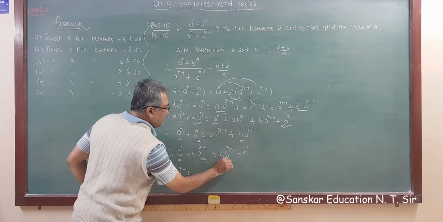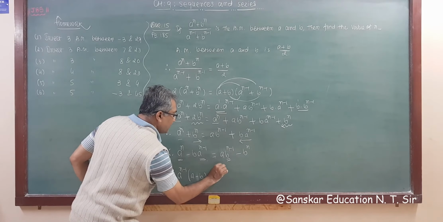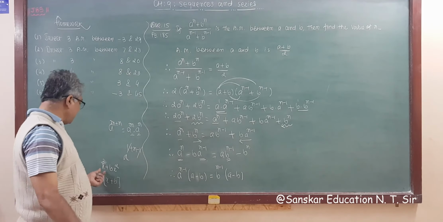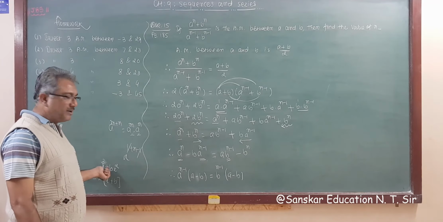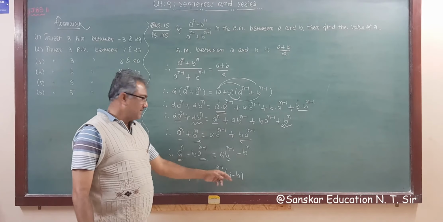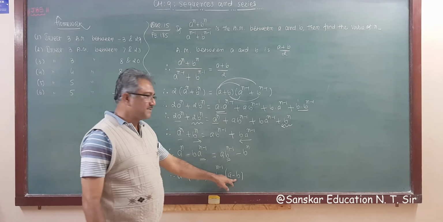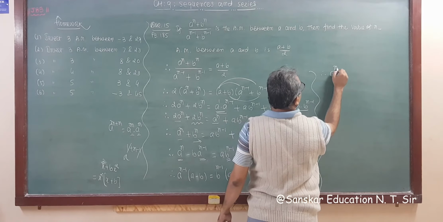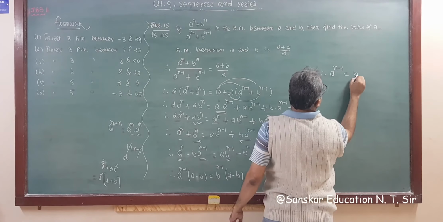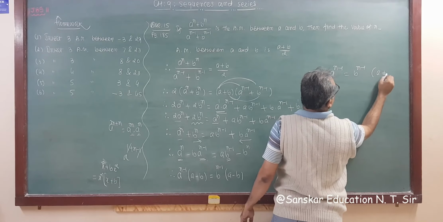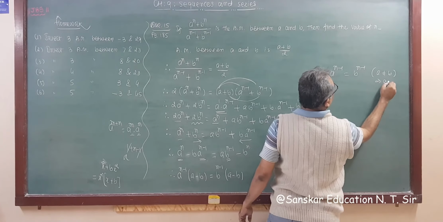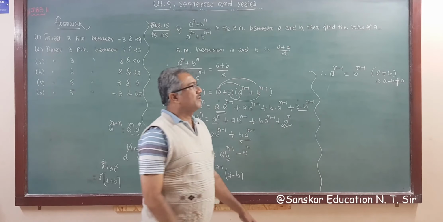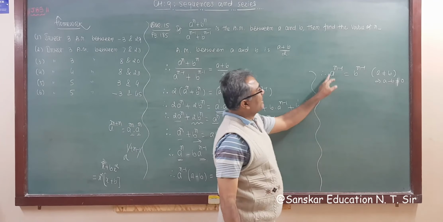Similarly, if I take b raised to n minus 1 common, the term will be a minus b, 1 more here. Got it? Like this. समझ में आया ना? Now a and b are different numbers, so cancelling this on both sides as a is not equal to b. So what we get? Therefore, a raised to n minus 1 is equal to b raised to n minus 1, as a not equal to b. This implies a minus b not equal to 0. So both have the same power.